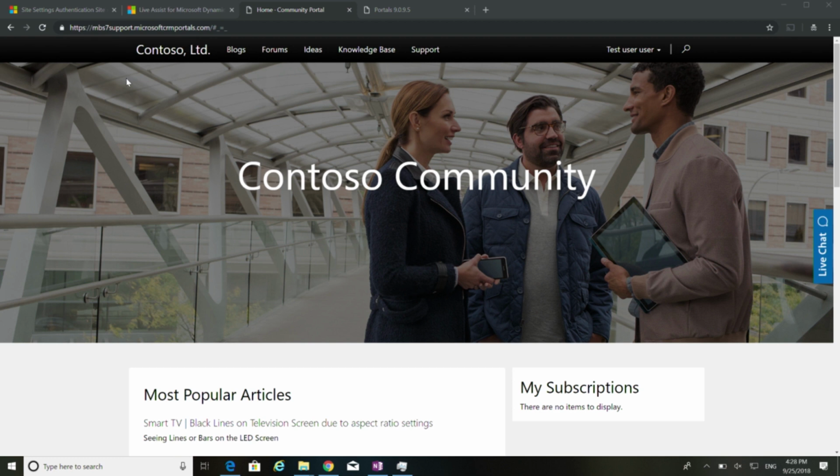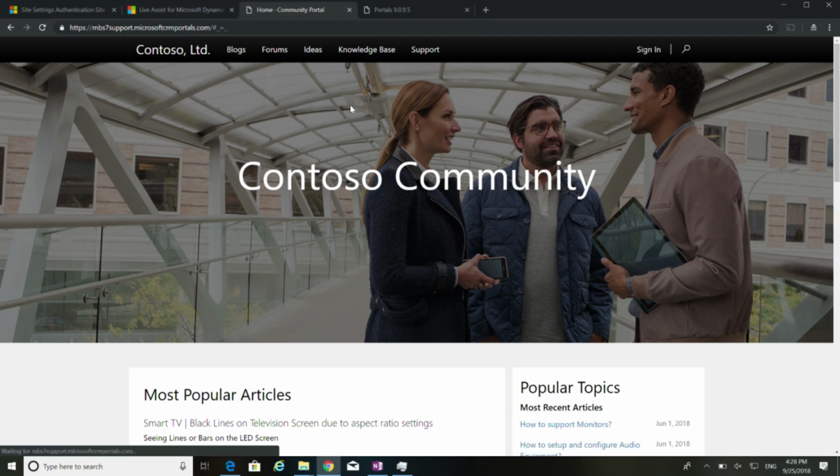Okay, should be done. I reload my page, and voila, I'm signed out. So again, if Facebook actually sets cookies for hours and hours, then that will log me right back in if I use Facebook, because Facebook cookies are still valid in my browser. So just be cautious about those kinds of things. Other than that, this setting works beautifully.